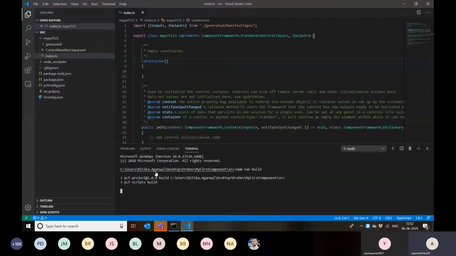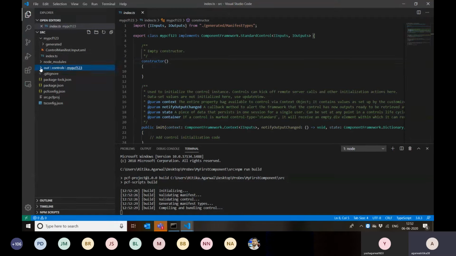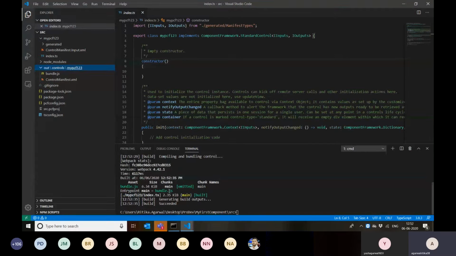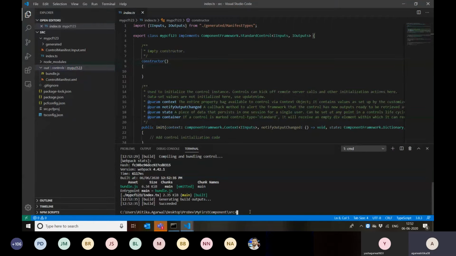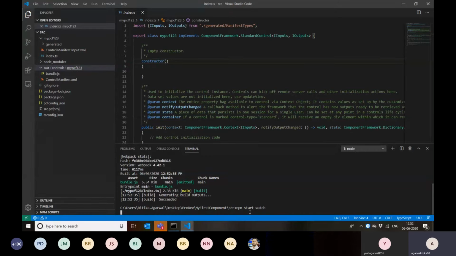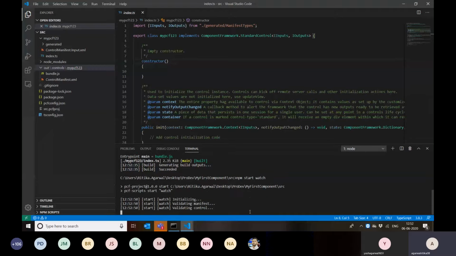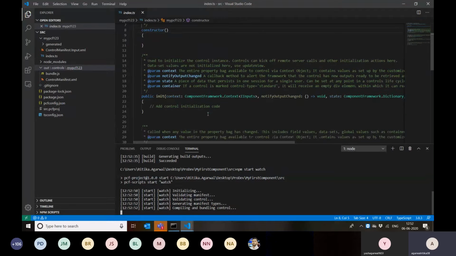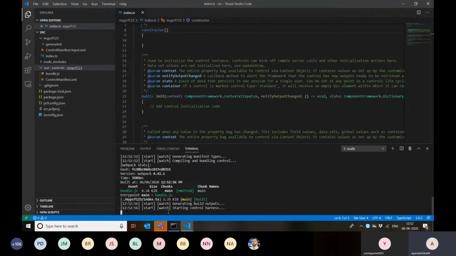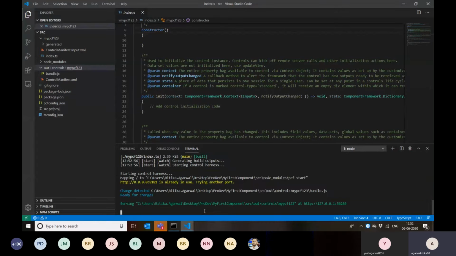As soon as I run this command, it is going to trigger some functions in the backend, and I can see an out folder here, which has the details about my controls and everything. Once this execution is completed, my solution run is successful. Now I can run npm start watch. So this is how I can see the test UI for this PCF. If I make any changes on the screen here, they are going to be reflected in this test.